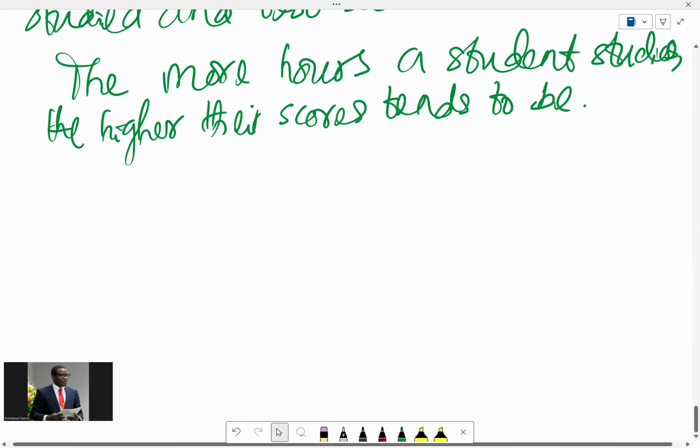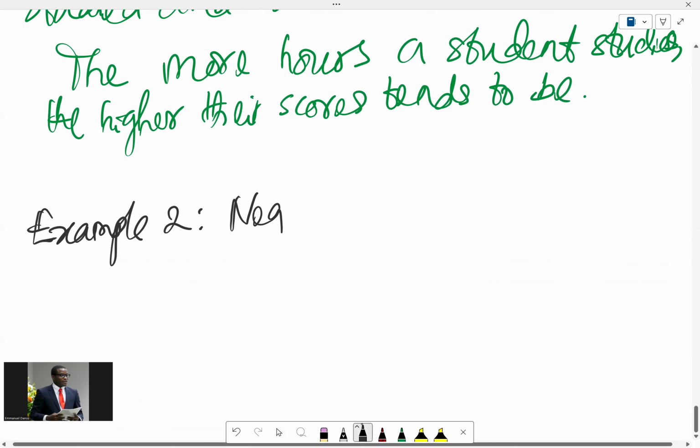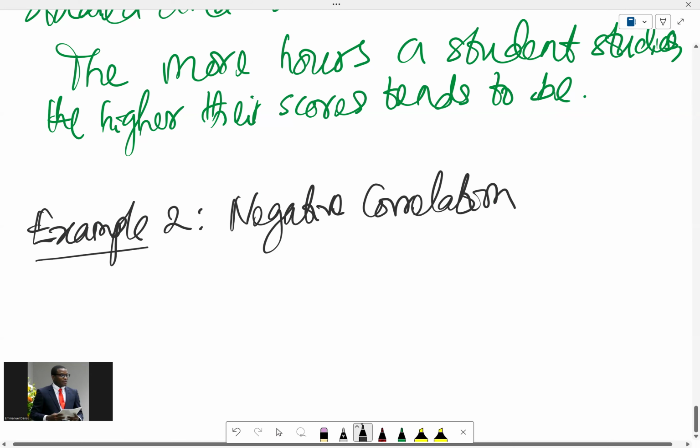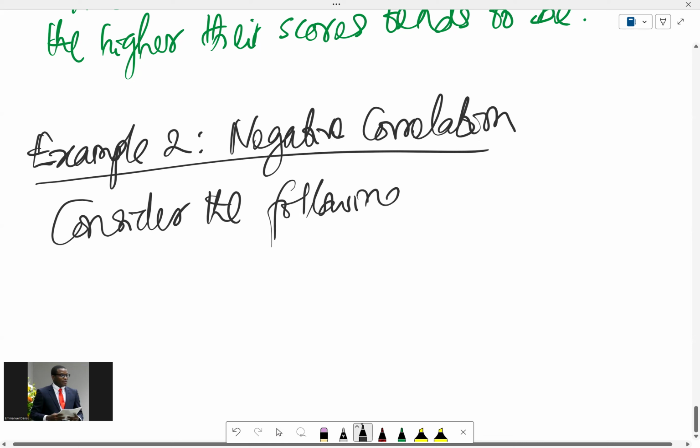So we can have another example, say example two. In this case, I'll just give you the table and the final result, and I'll expect you to go through the same steps I did and get the necessary results. This will be for negative correlation. So for negative correlation, consider the following data